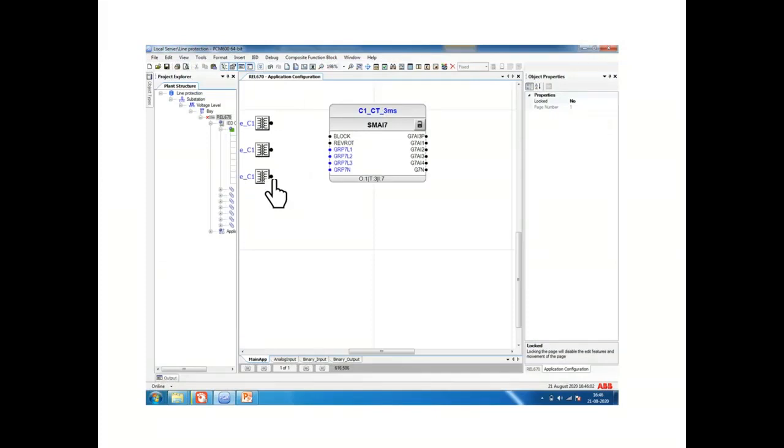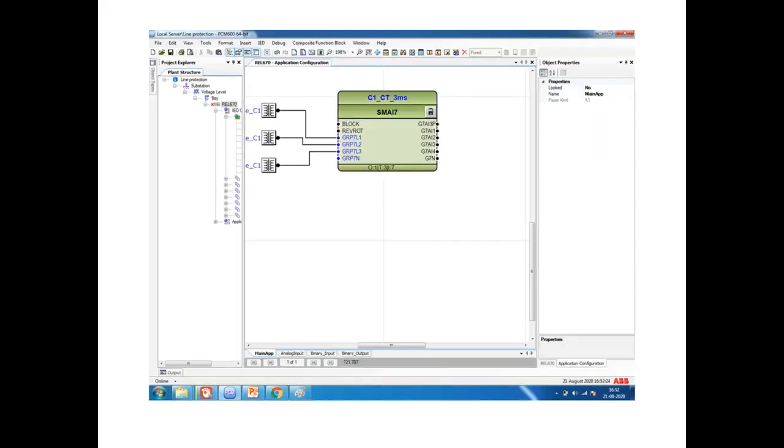Once you have inserted the block, now you see how to connect this block and this analog signal. When you go nearer to the analog, the mouse pointer will change into a hand, and when you left click over here, the point will be attached, and you can drag and attach where you want to connect this